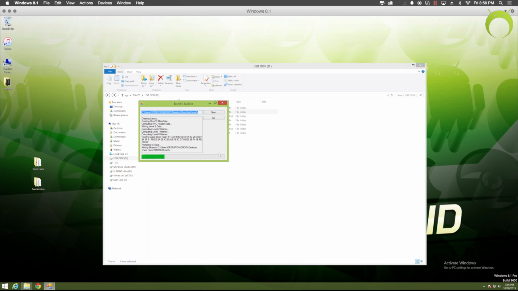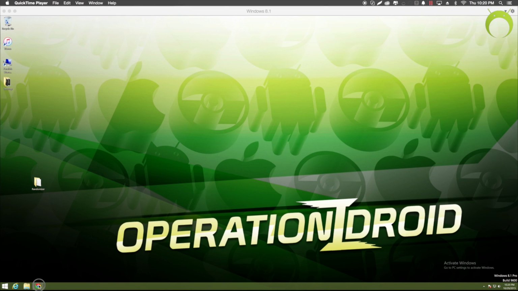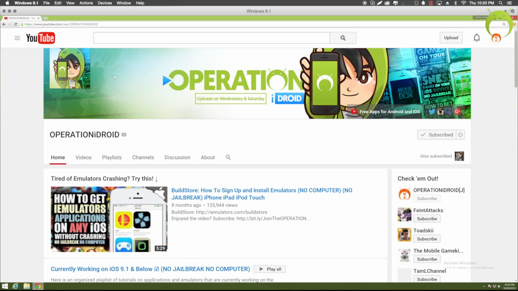This again will take some time. Actually, it doesn't depend on your internet, it just takes some time, so just be patient. And when it's done, it'll have a prompt like this, and it'll say that it's finished, and it put it in where you wanted to put it. Click OK. You can exit the ROM-FS builder, and from this point on, this is going to be exactly the same thing whether you did a randomizer or ROM hack.